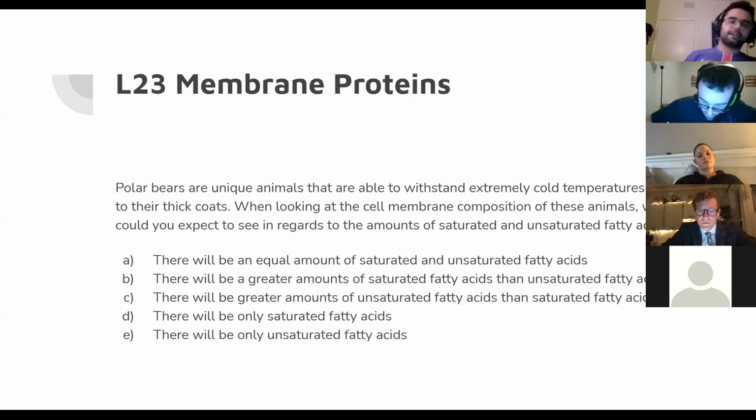So let's say we're talking about an animal in a hot temperature. Let's say it's a gorilla in a really hot environment in the world. In that case, if there was no difference in saturated and unsaturated, there's going to be a higher amount of cell membranes in the disordered state, right? Because it's hot. So if it's in the disordered state, we want more saturated to bring back the rigidity that we need to maintain for a cell membrane, right? So there's always questions like that.